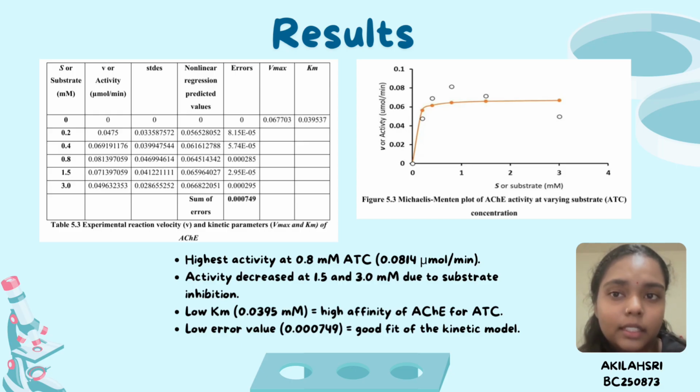excess substrate. The kinetic analysis gave a Vmax value of 0.0677 micromole per min and a Km value of 0.0395 mM. The low Km value indicates that AChE has a high affinity for ATC because only a small amount of substrate is needed to achieve half of the maximum reaction rate. The low sum of errors, 0.00749, also shows that the regression model fitted the experimental data well. Overall, the results indicate that AChE exhibits optimum activity at 0.8 mM ATC and has a high affinity towards its